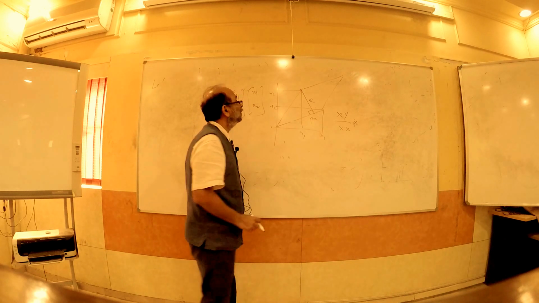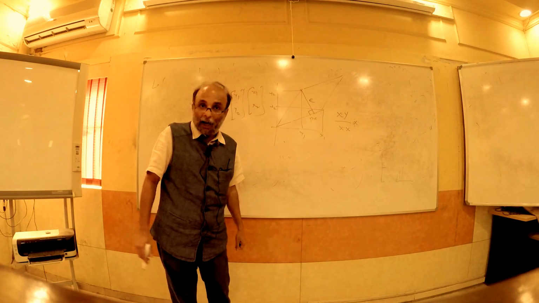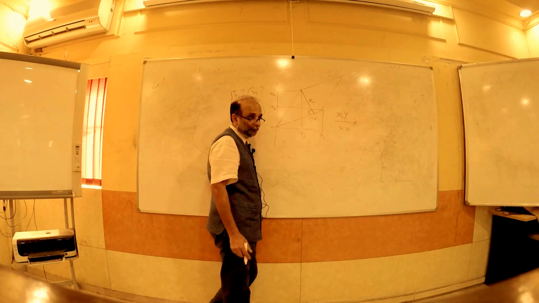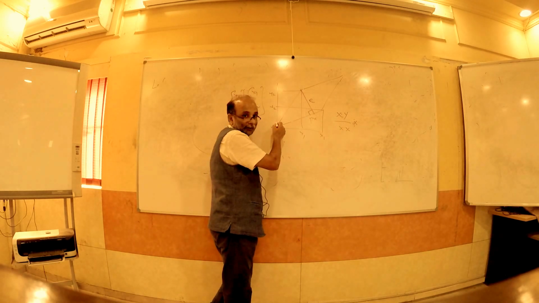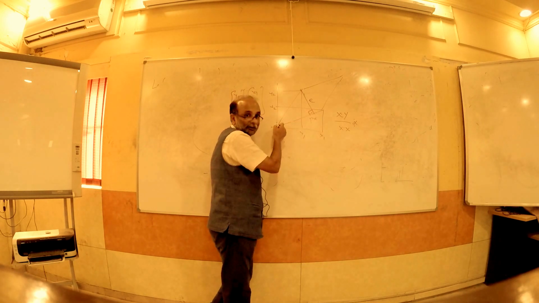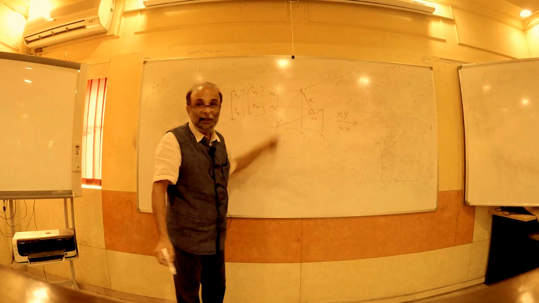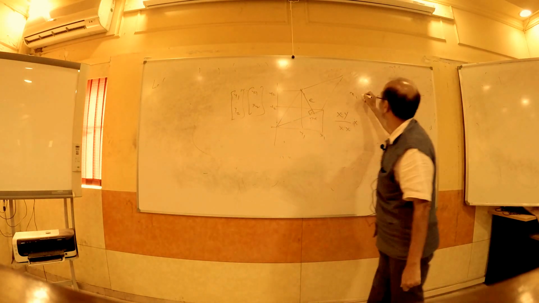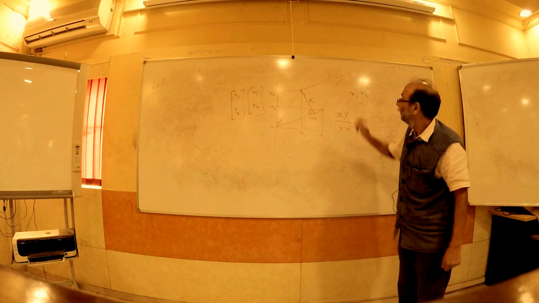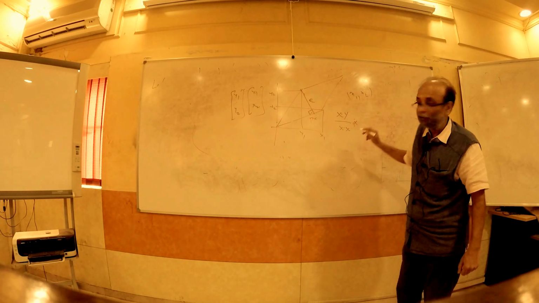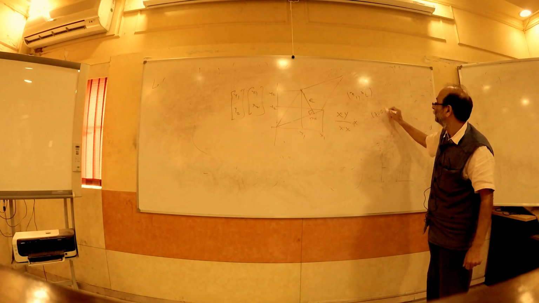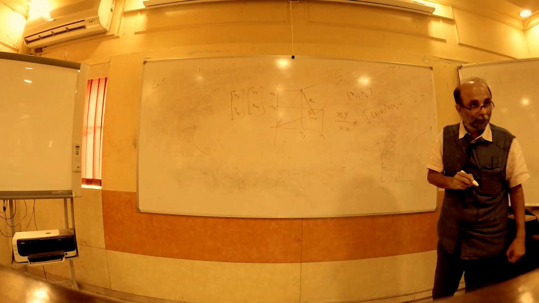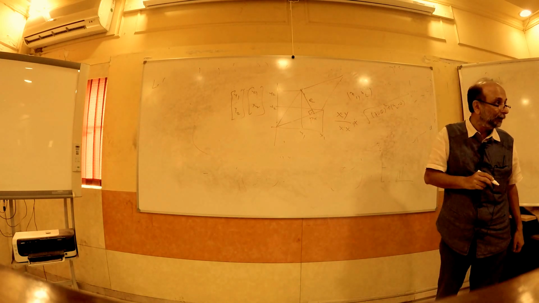Now, how does one get the R square? Think of Pythagoras. What did Pythagoras theorem tell you? That the square of this is equal to the square of this plus the square of this. How do you measure the length of a vector? If you have a vector x1, x2, its length from the origin is measured as the square root of x1 minus 0 square plus x2 minus 0 square. That's how you measure the norm of a vector.